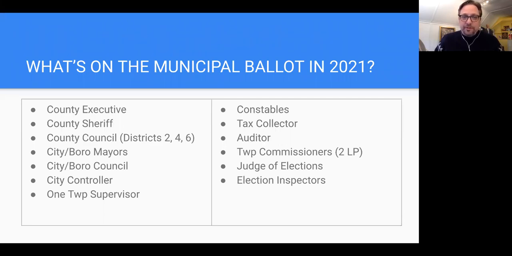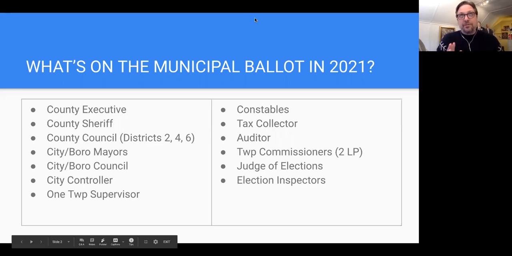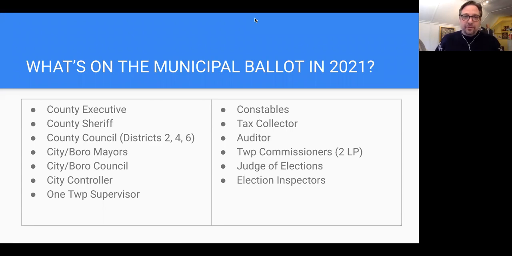The 4th district is the southeastern part of the city, extending into 2 pieces of Mill Creek, districts 1 and 21 in Mill Creek, as well as much of the 5th Ward here in the city of Erie, and then the 6th legislative district for the county, which is primarily the southeastern part of Erie County.